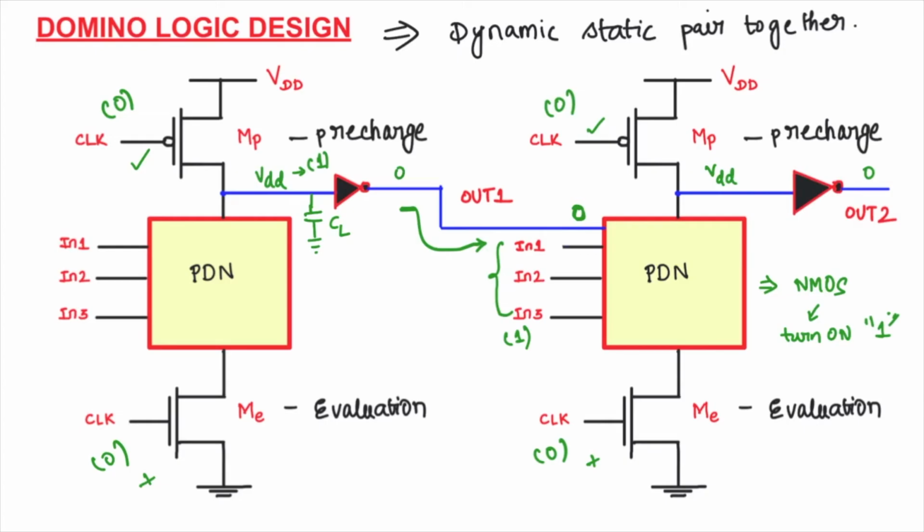So what was the disadvantage in dynamic gates? The second output has started to discharge. So here the second output remains at VDD. The output of this PMOS is going to remain VDD because it has not started to discharge, because this will discharge only when the evaluation phase is on. So that is the advantage of domino logic design. Therefore it is the greatest solution for the NMOS to NMOS cascading problem in dynamic logic.